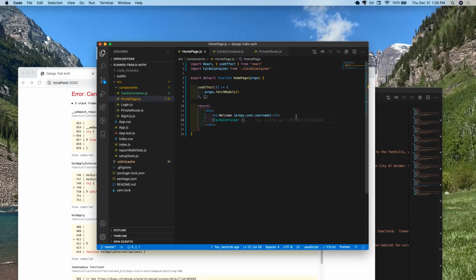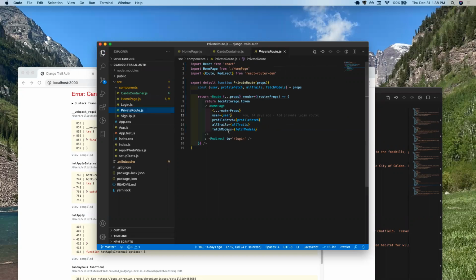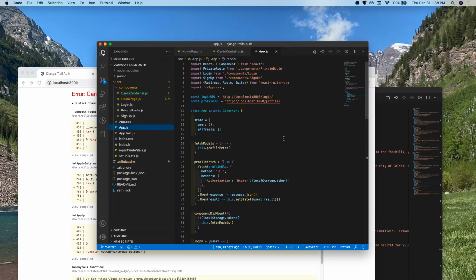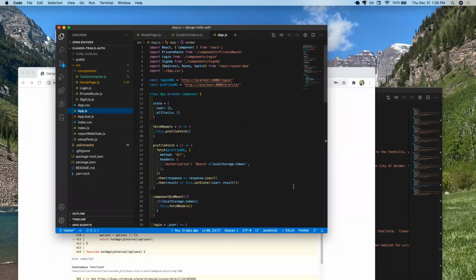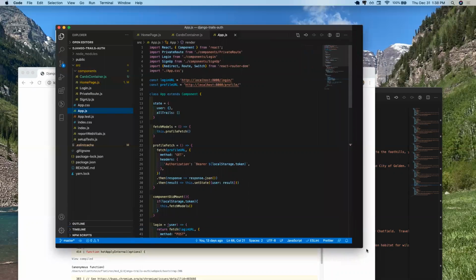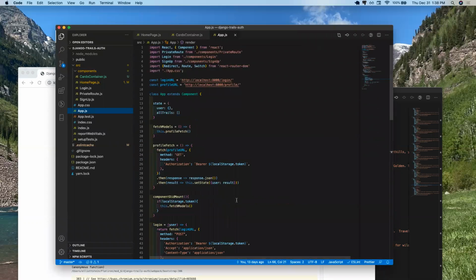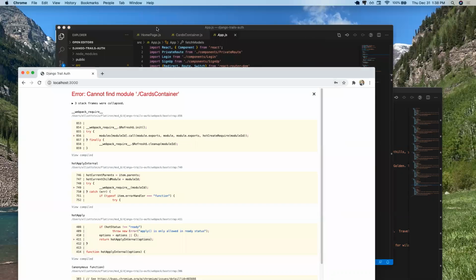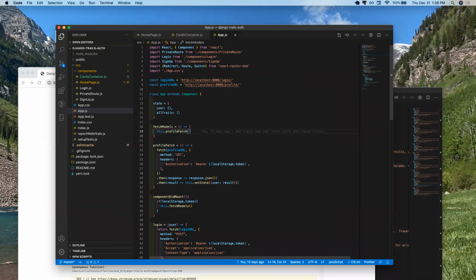But here we can pass down all trails equals the props dot all trails. And I think that should be all that we need to pass down from now. So all trails is being passed down from the app right here. In our app, we have our login and our profile. And we just have a profile fetch, which gets us that admin that we kept seeing. And we definitely need to fetch from our trails